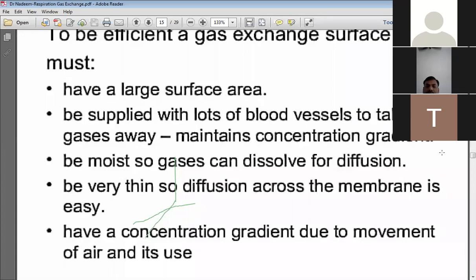We have learned that oxygen is taken in the lungs through alveoli, the main site for gas exchange. How is this oxygen transported to the blood capillaries? They are very close to each other, and the alveolar part is very thin. So oxygen can easily diffuse from the alveolar part to the blood capillary through the membrane.